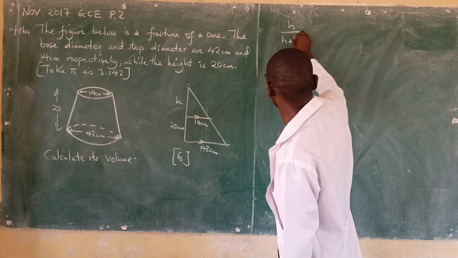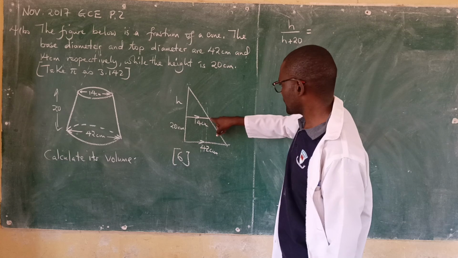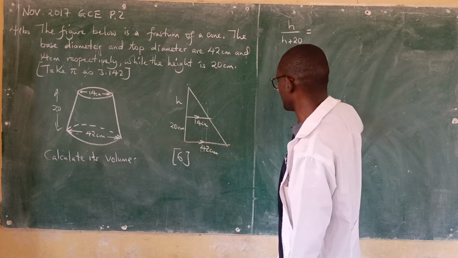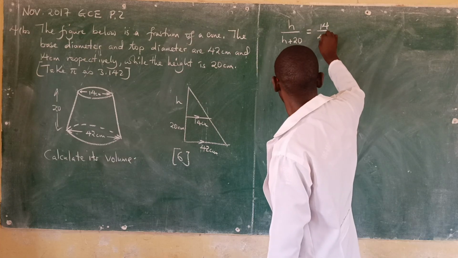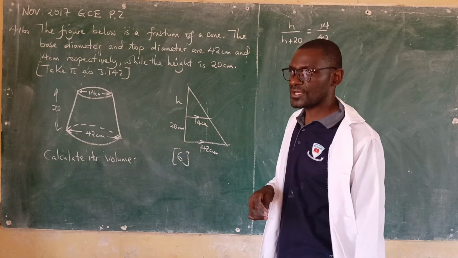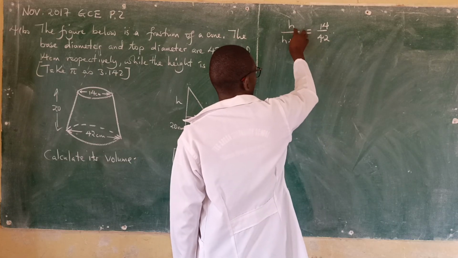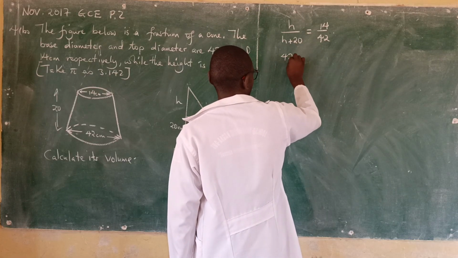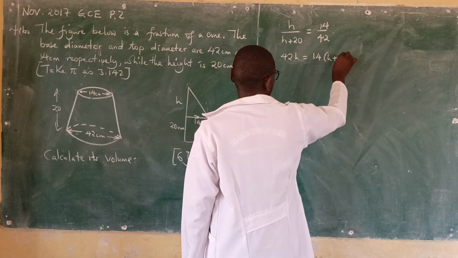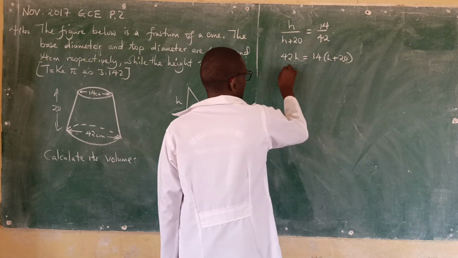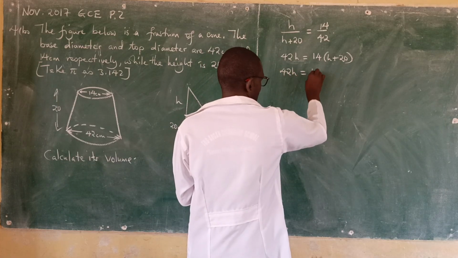So h over h plus 20 is equal to, here we have this side which corresponds with that side, and it gives us 14 over 42. So we just solve for h, cross multiply, we'll have h times 42 is 42h, and then here we have 14 times h plus 20,